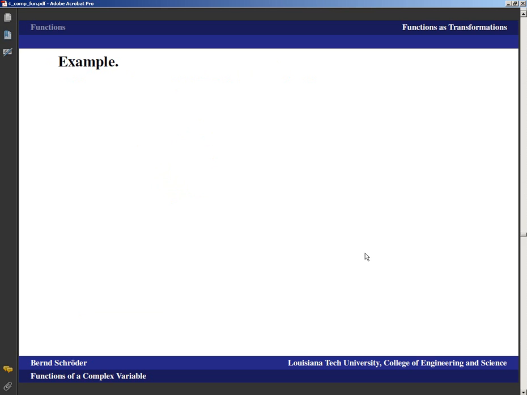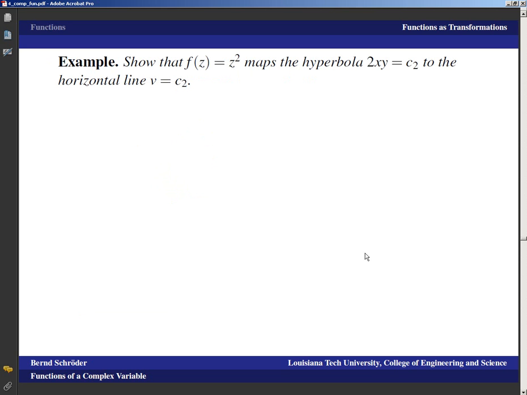Okay, well, let's see. So the interesting thing now is that rather than just looking at animations, we can actually predict the effect of a function such as z squared on certain shapes. So for example, we can show that z squared maps the hyperbola 2xy equals c2 to the horizontal line v equals c2. Remember, v is the imaginary part of the output. How does that go? Well, recall that f of x plus iy, with f of z equals z squared, was x squared minus y squared plus i